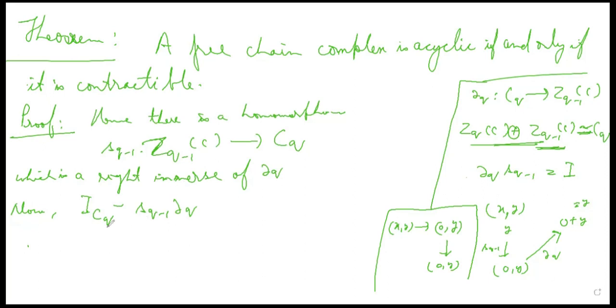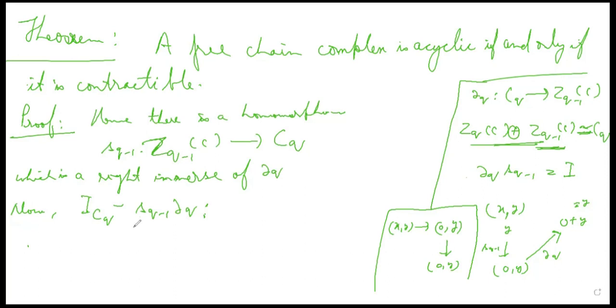And when you subtract this from the identity map I_{C_q}, then of course this is an element of